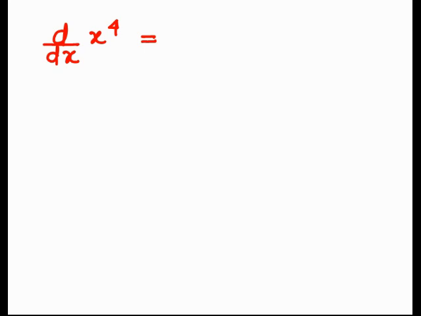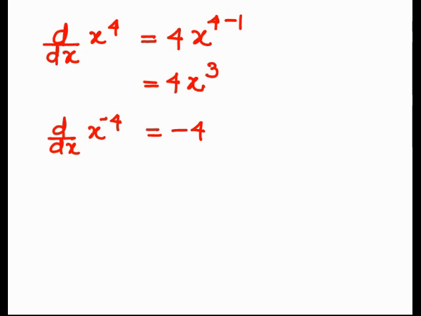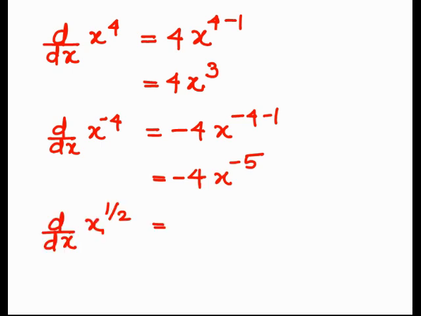Now we find some examples related to the derivative of x raised to n. Derivative of x raised to n is n into x raised to n minus 1. So first of all we write 4 x raised to 4 minus 1, that is 4x raised to 3. Now take one more example. Derivative of x raised to minus 4 is again n, that is minus 4, x raised to n minus 1, that is minus 4 minus 1. So we get minus 4 x raised to minus 5.